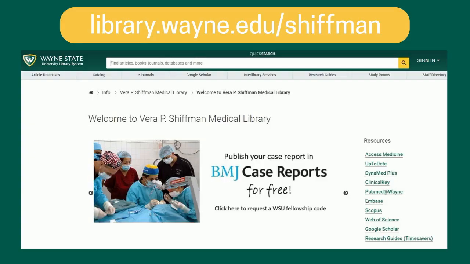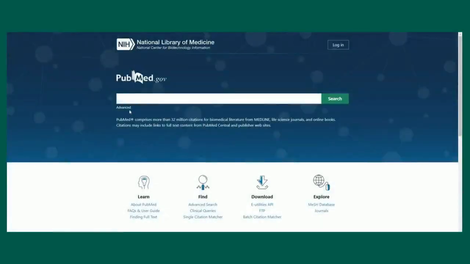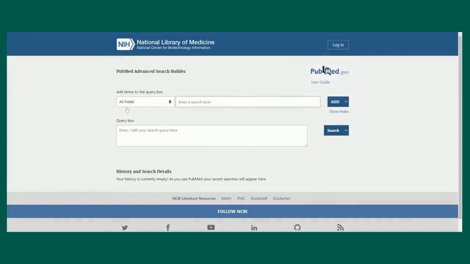To hop into PubMed, go to library.wayne.edu/Schiffman. Under the Resources section, we will see the link for PubMed at Wayne. Click on that link. Depending on your location, you may need to enter your Access ID and password. Once we are in PubMed, we'll click on Advanced Search to begin building our search string. This is not the only way to build a search string in PubMed, but it's the way we'll focus on